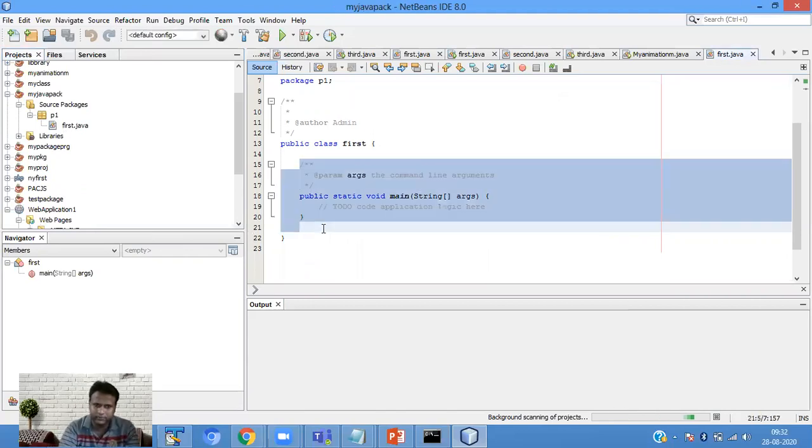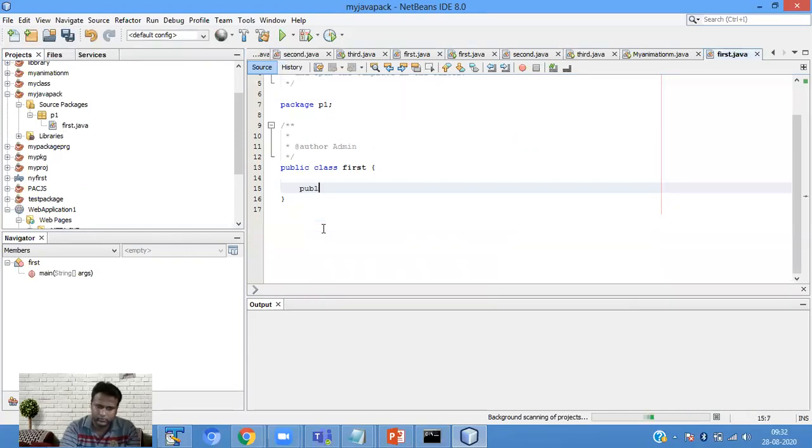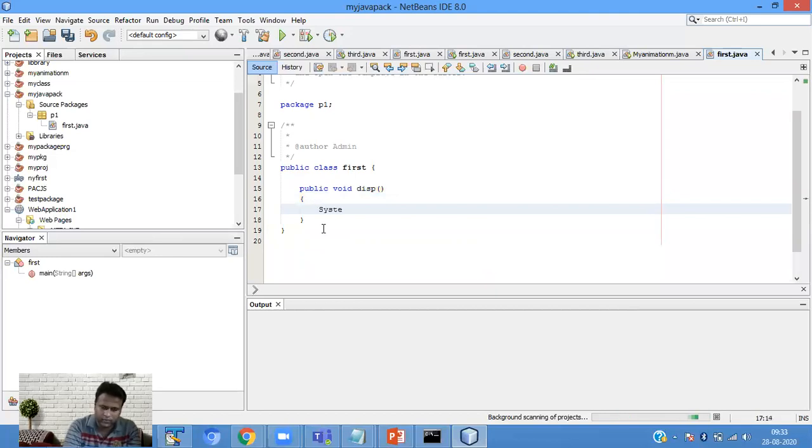Suppose public void display function, which is showing you System.out.println. This is your first class.